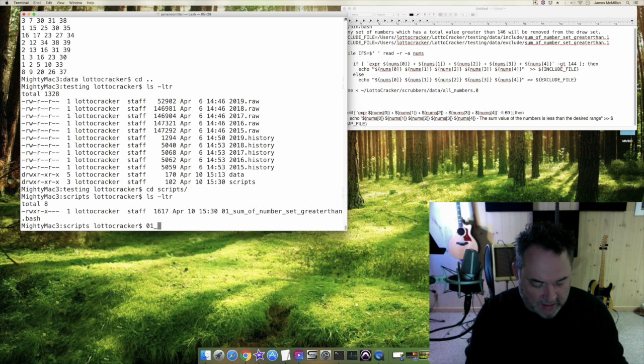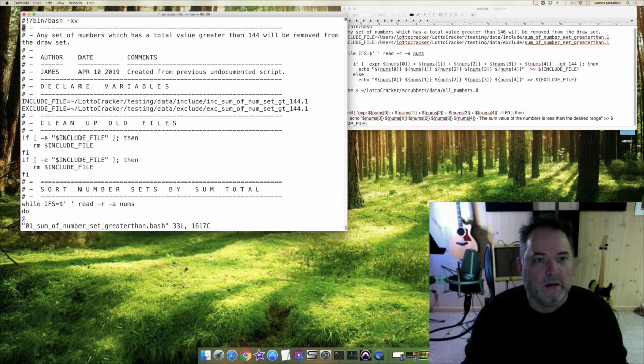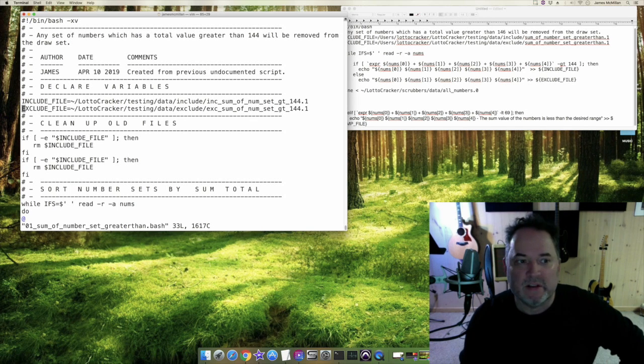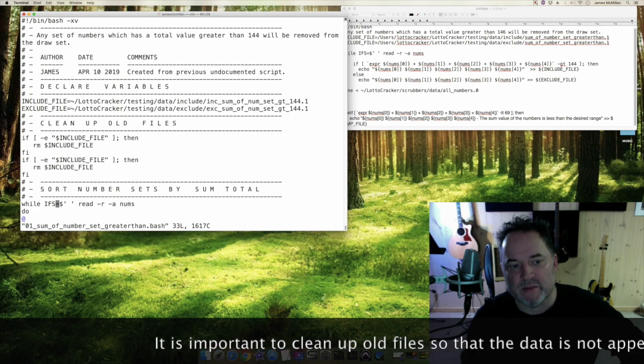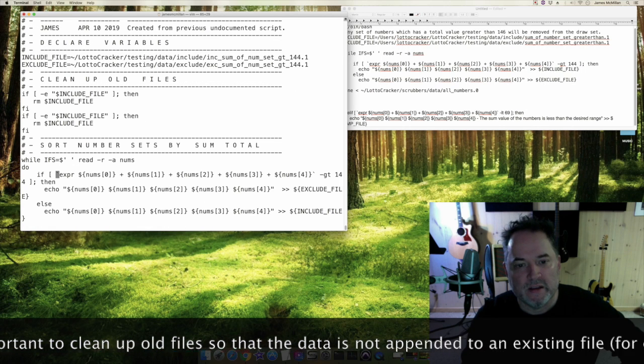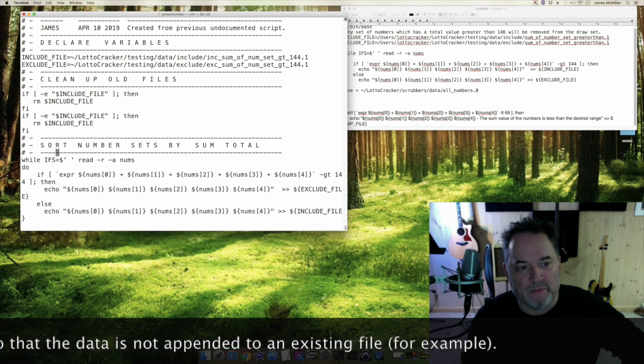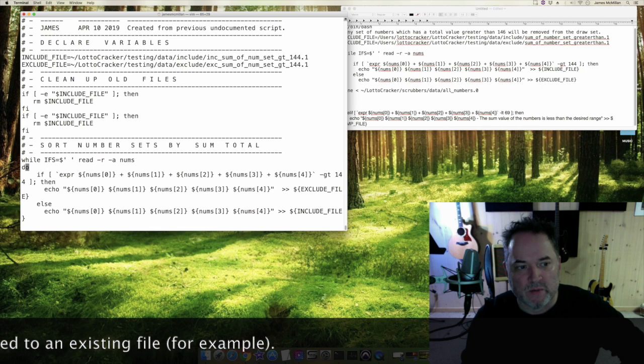So let me explain what we're doing here. We have an include file and an exclude file. We define those, and we're going to clean those files up if they exist because we don't want the old ones out there. Then this is the code that's actually going to sort the numbers, and it's saying basically,